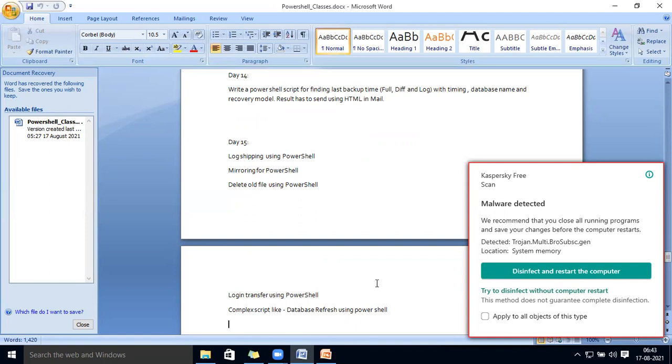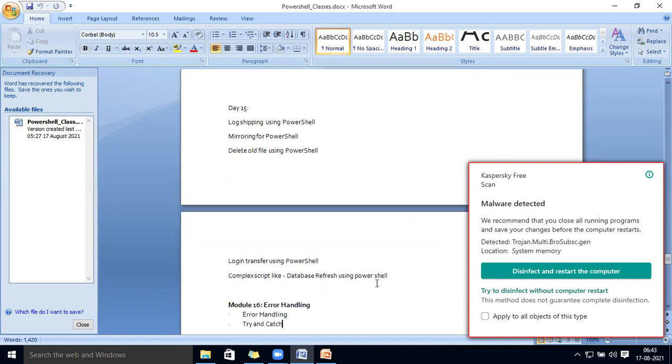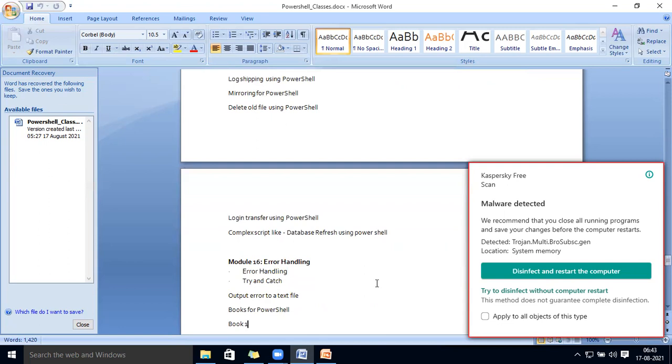I'm going to explain it, but I'm not going to set up everything using PowerShell. You already set it up, and a few configurations and things I'm going to explain, how you can manage your log shipping, like if you have to create some report, whether data is transferring or not, some information which you have to take from the log shipping, or some information from the mirroring. So these things you can learn in day 15. And after that it is error handling, because if some error is happening, how to manage the error. So these are the classes which I'm going to follow.